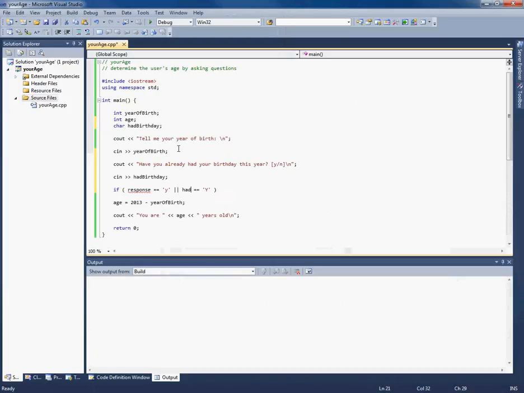That wasn't clever, was it? I called it hadBirthday. If hadBirthday equals Y or hadBirthday equals capital Y, then I'm good with this. Okay. Else, age is 2013 minus yearOfBirth minus 1.